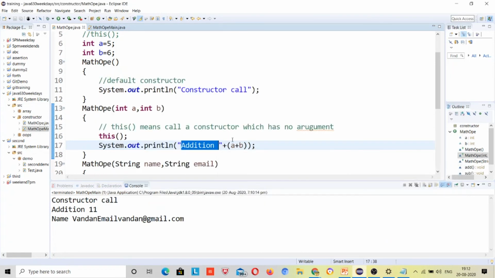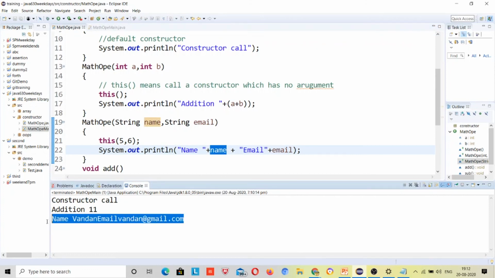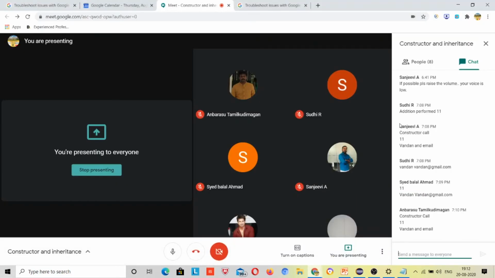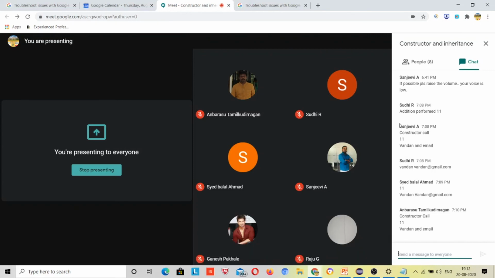Now it will again return to the place from where it came. This came from this constructor, right? Because this constructor called it, and that's why it went here. So it will come back here, and here it says name is equal to name, and this way this output was printed. So you can see your three outputs. Whatever instructions I give, the code is going to give the answer like that only, right?